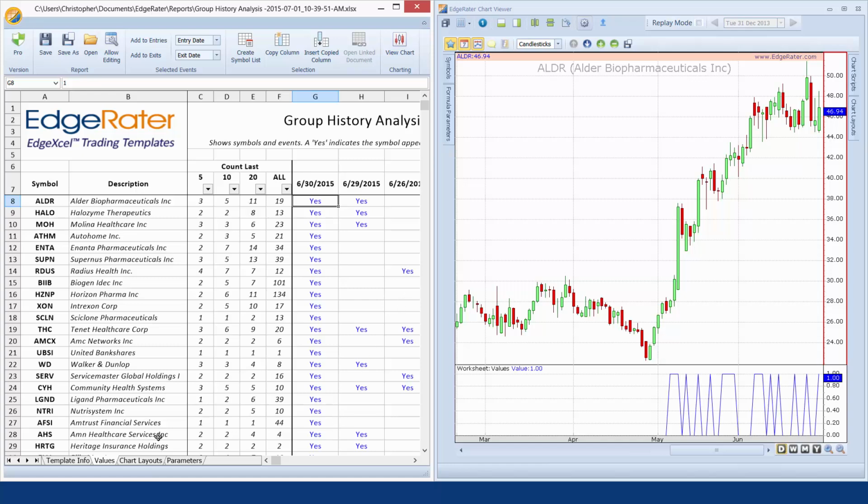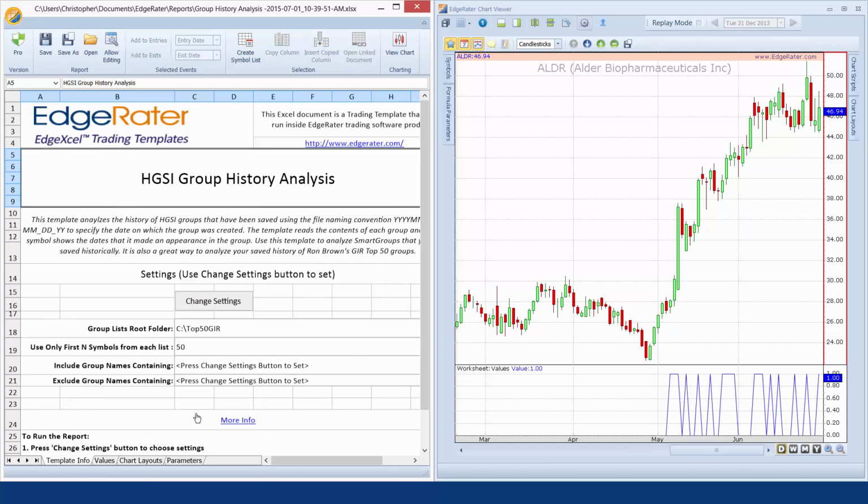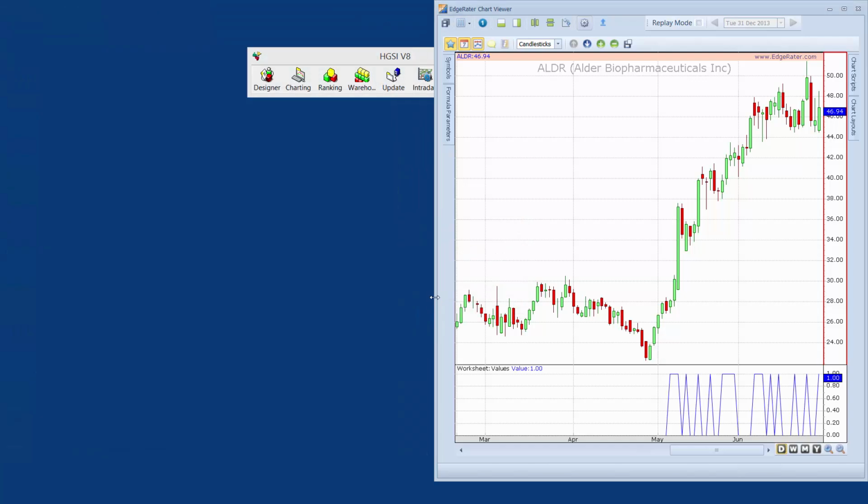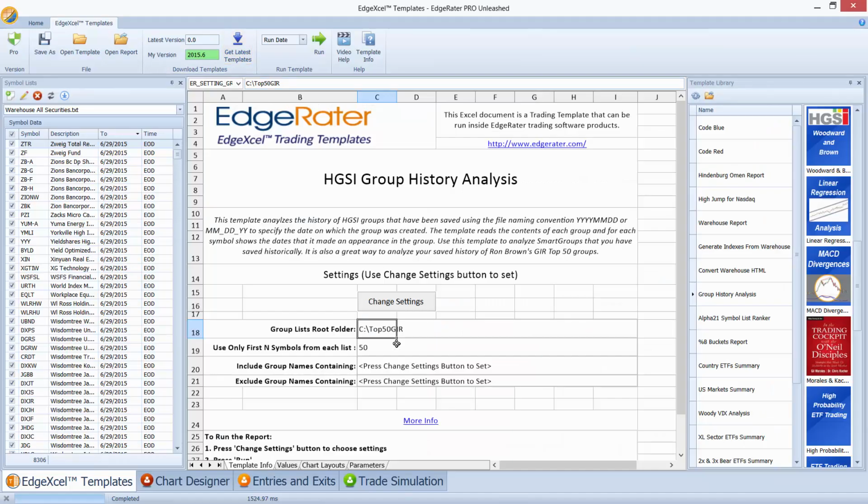And one extra thing you can do in the report is, instead of looking at the top 50 symbols, maybe you only want to look at the top 5. This is the report, we actually have to go to the template itself to make that change. Okay, so I'm back in EdgeRater looking at the template. I'll say look at the top 5 only out of those sets of files,